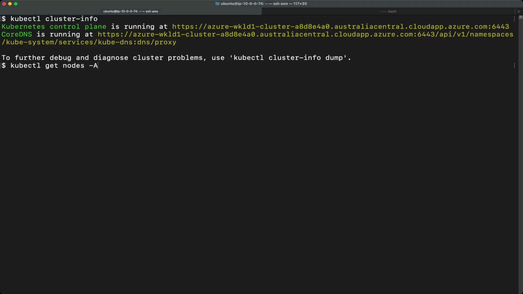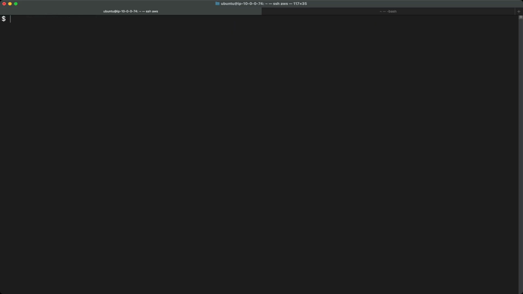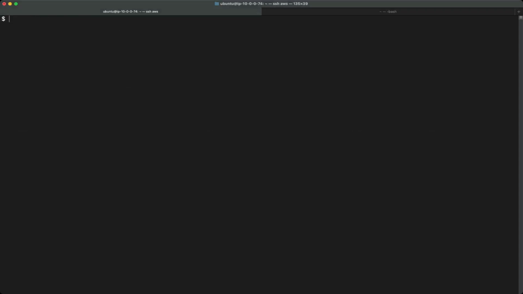You can see the nodes, the control plane node and worker node, and also the pods. You can see all the pods, and you can run your workloads on this: your applications, database, anything you want.